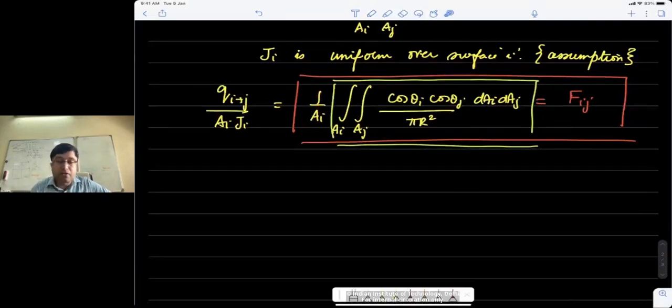So whether you do it from i to j or j to i, the integral is the same, which basically means that